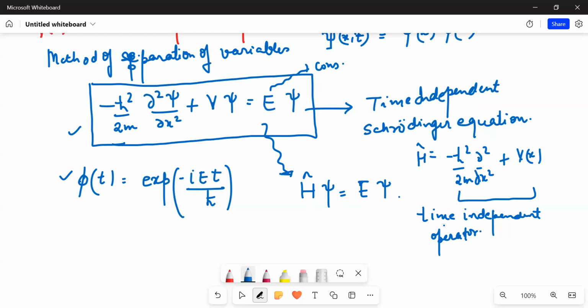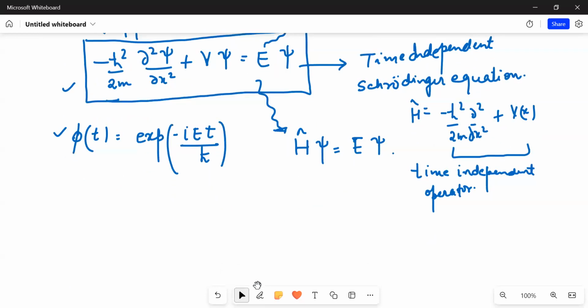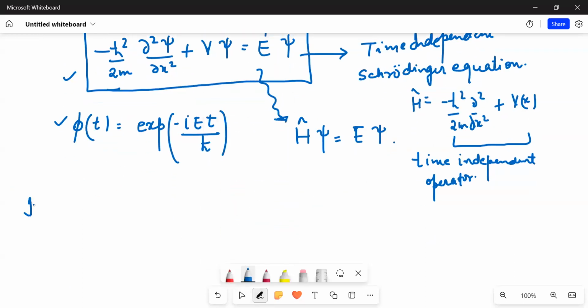Okay, so this is one thing that you should remember. Now, there are a few things that one must consider. So before moving to all those things, let us first try to think that if at all we are supplied with